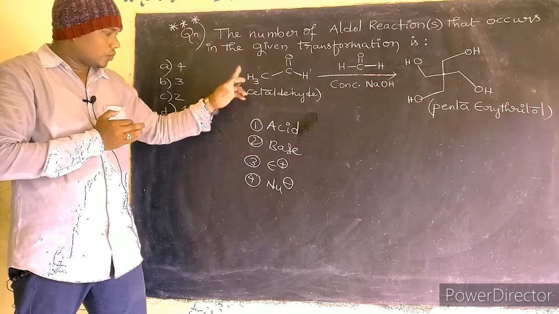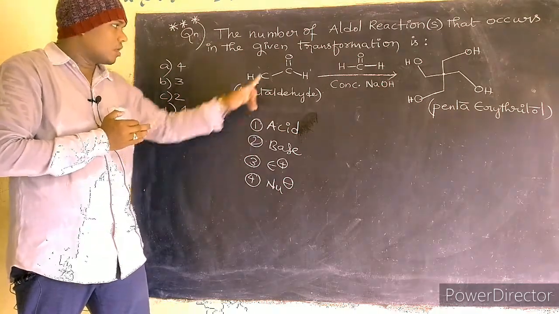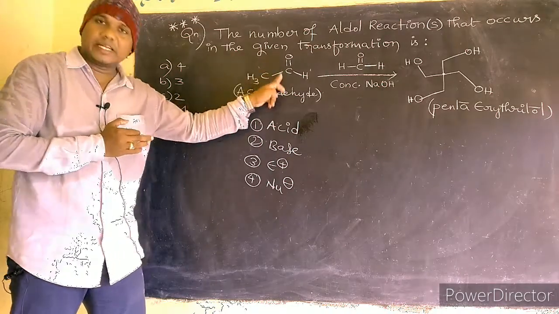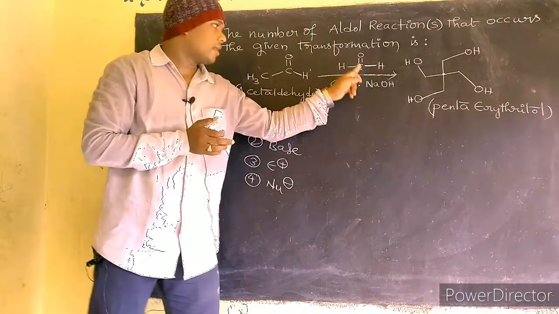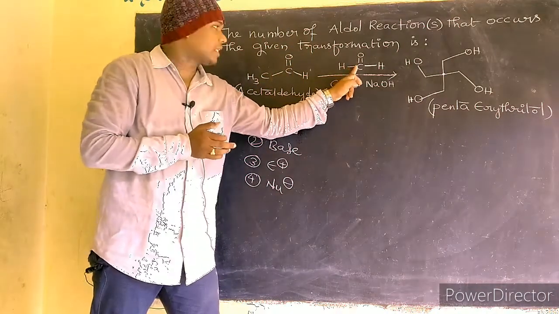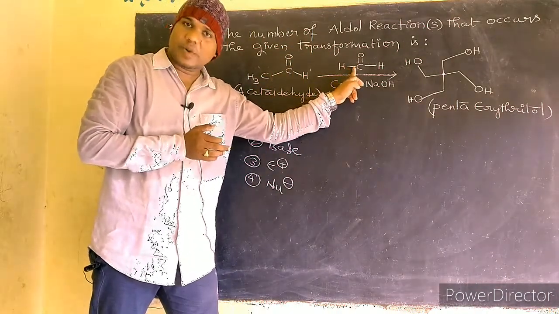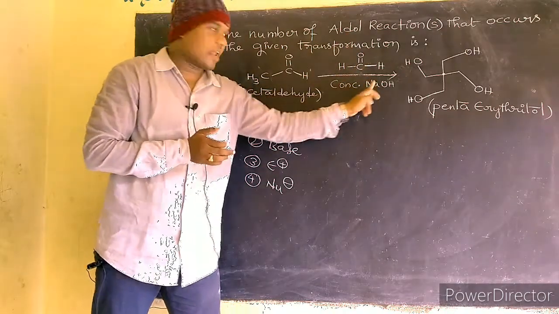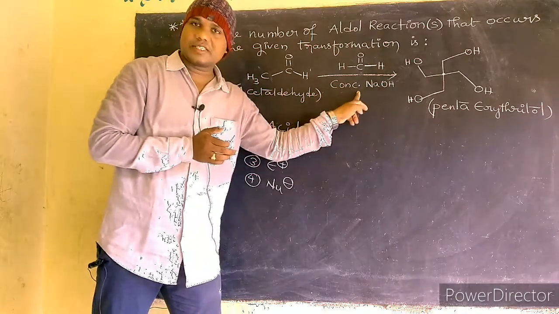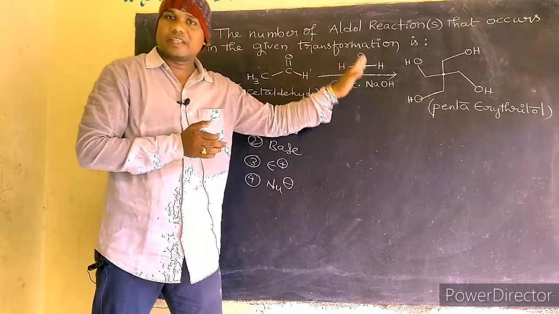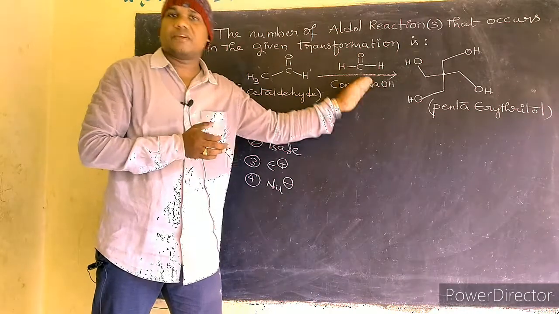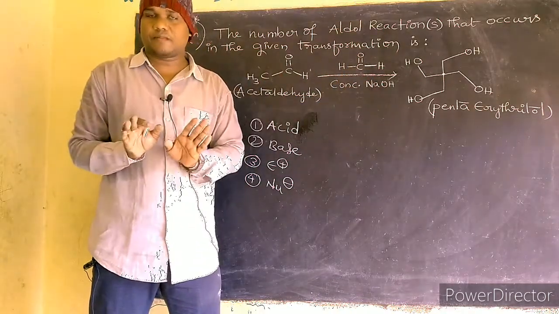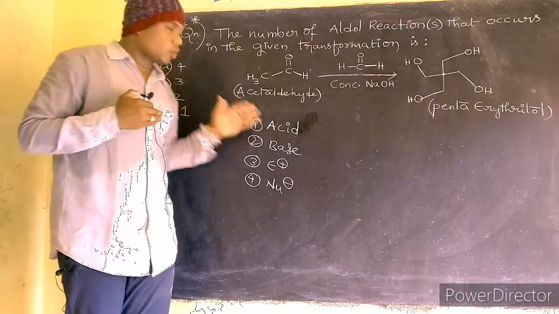Out of these four, for the given reactant, whether it is an electrophile or nucleophile, whether it is acid or base. And for the other reactant, formaldehyde, whether it is acid or base, electrophile or nucleophile. And for the reagent, concentrated NaOH, whether it is electrophile or nucleophile, acid or base, we have to find that first. Then we can go through the mechanism, correct?